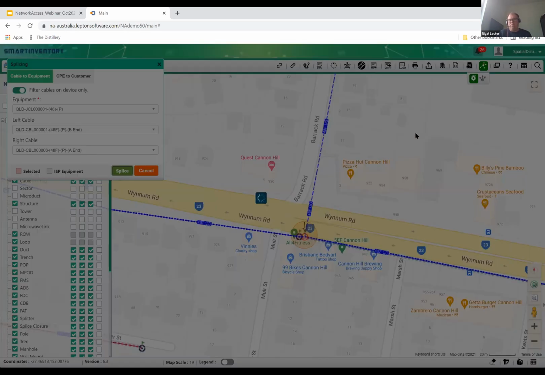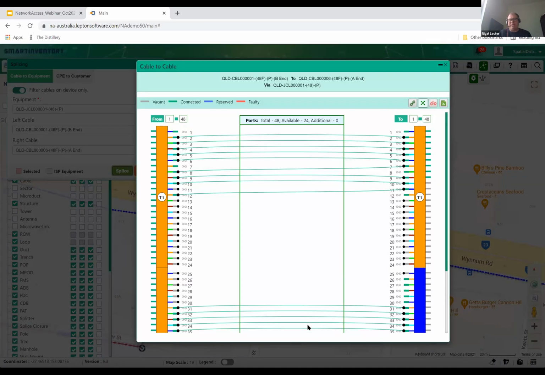What it's doing now is actually bringing back the detail in this interactive dialogue of all the splice information. So here you can see we have a 48 fiber cable. We color code the fibers based on their availability or status. But if you want to, say, disconnect a bit of fiber, you can just drag and drop that, and now